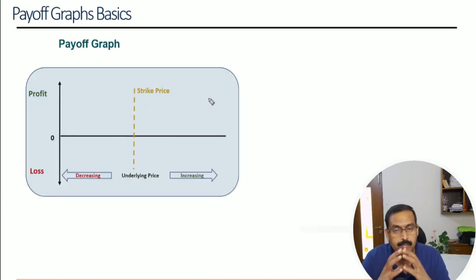Friends, some of the people are not fully aware of how to interpret the payoff graphs. So I am going to give a quick introduction of how to interpret the payoff graph and also a few examples. You don't have to sit and draw these payoff graphs. If you are using option trading tools, the payoff graphs will be automatically generated, which will show you various parameters like break-even points, max profit, max loss, etc.